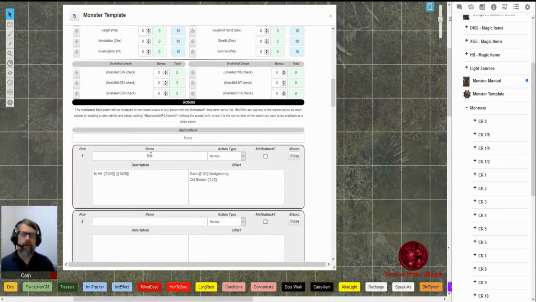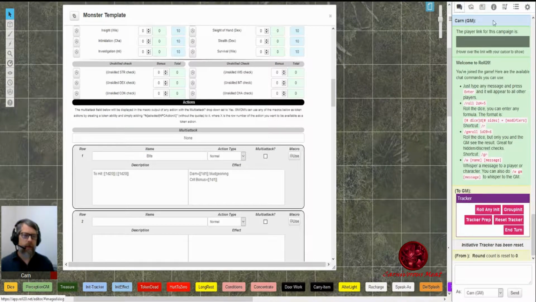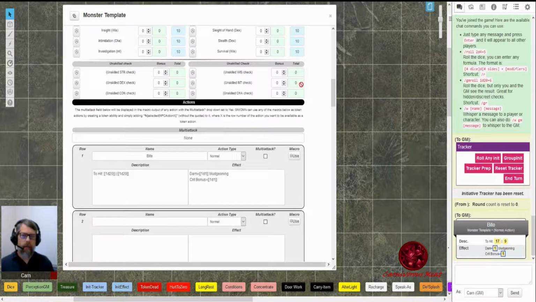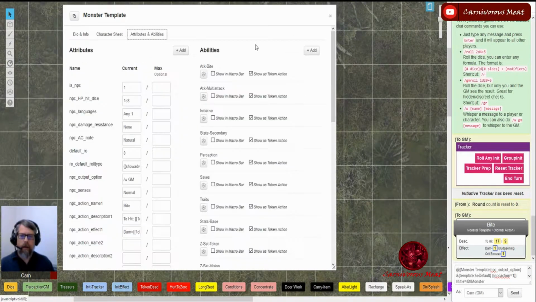Now, the way to figure this out, if I go here to my journal and I use this ability, you can do this on your character sheet, it should work the same way. If I use it, it's going to roll the bite for this character sheet. But then if I go into my chat box here and I hit up arrow, it's going to tell me what it did. And I can either grab this and move it into my macro that I'm going to put here,